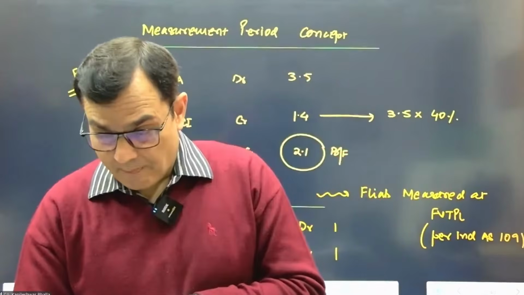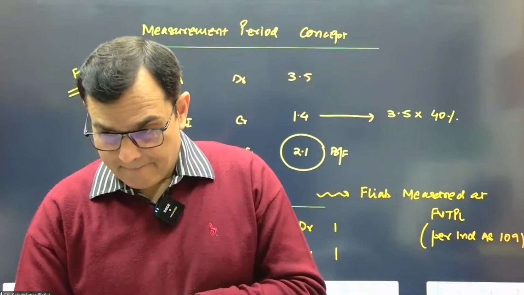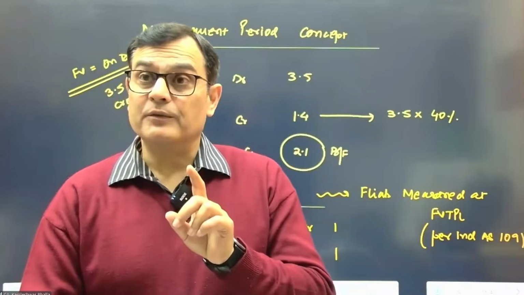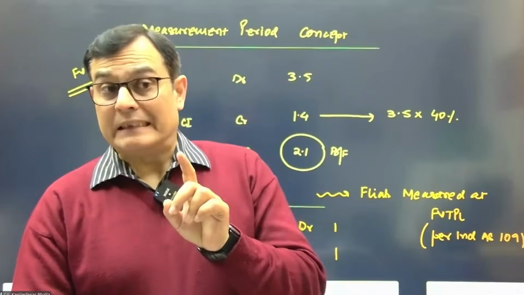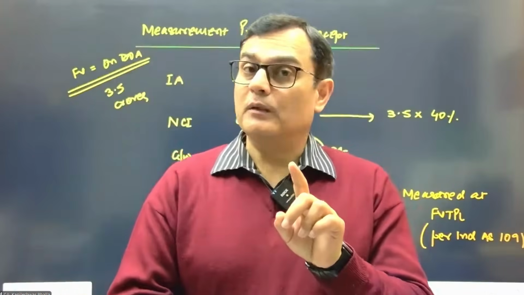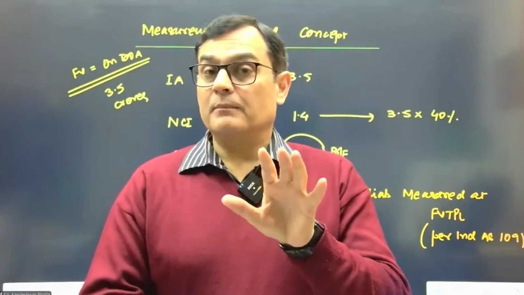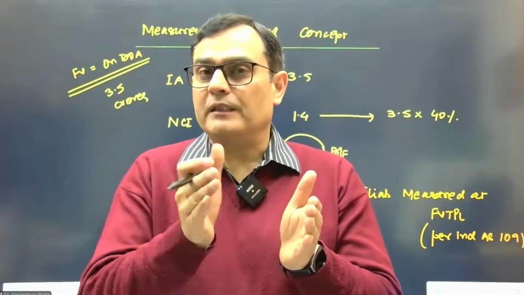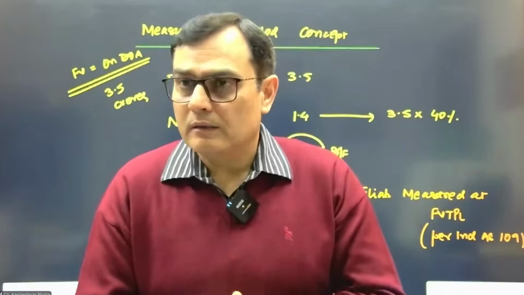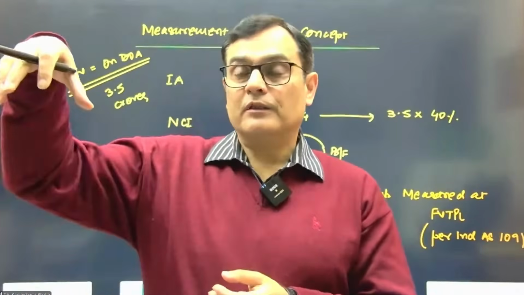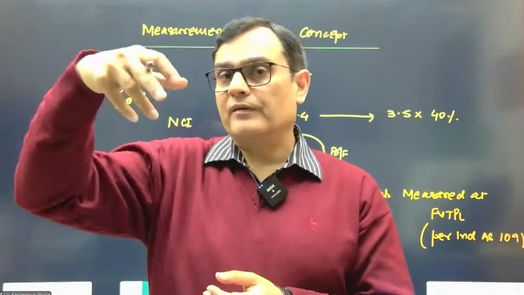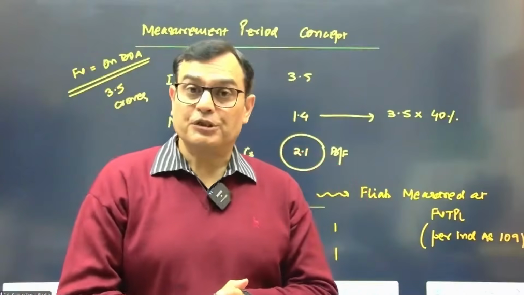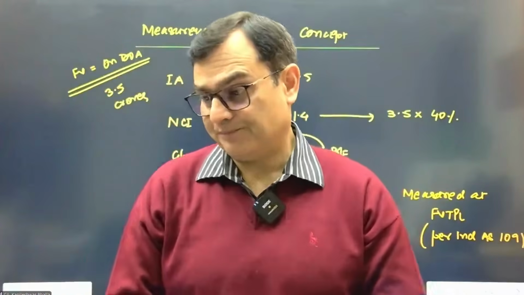Sir, in the measurement period concept, the value as on 31st March of 4 crores is also given. No, sir. We don't consider that one, because we need to consider the value on the date of acquisition. Any further changes in value will be taken as a hit in the P&L. When you apply the measurement period concept, we need to consider whether the information was available on the date of acquisition, because you got the information at a later date. So we'll see what the fair value would have been on the date of acquisition. That fair value will hit the goodwill. Any further changes will hit the profit and loss.